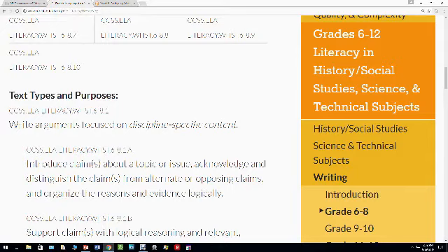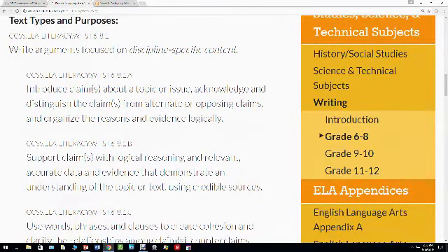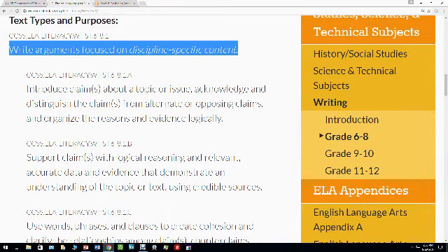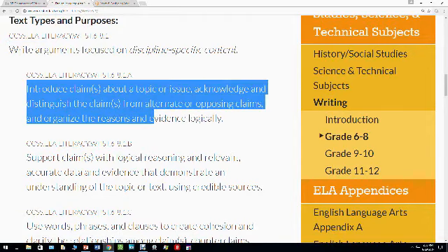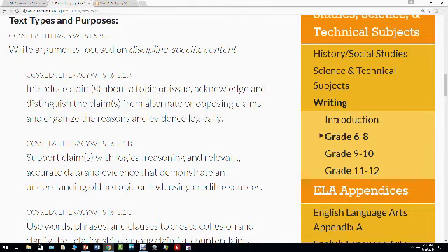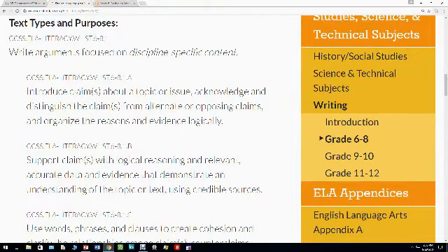Now notice that you have the big main idea kind of writing, and then you have these subtopics. Well, what are the parts of an argument? An introduction, the support, the words and phrases. So when you design your writing assignment, you can just use this big one, write arguments focused on discipline-specific content. If you'd rather do this smaller one, like introduce a claim, fine. It doesn't matter to me whether you pick the big broad one or one of the smaller subcategories. So notice that writing arguments is the first one,